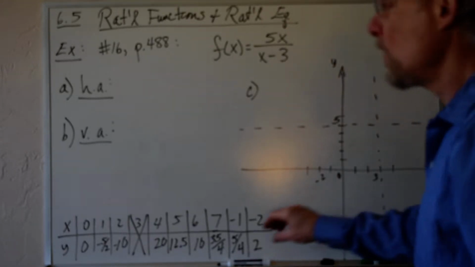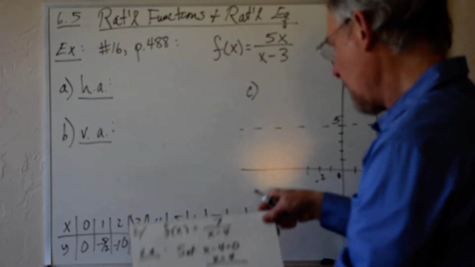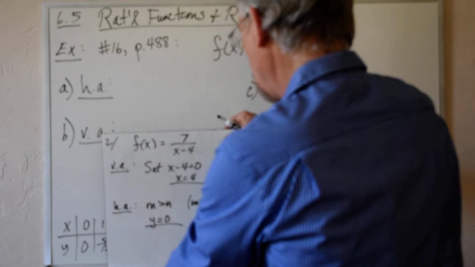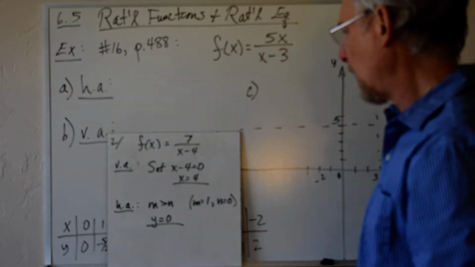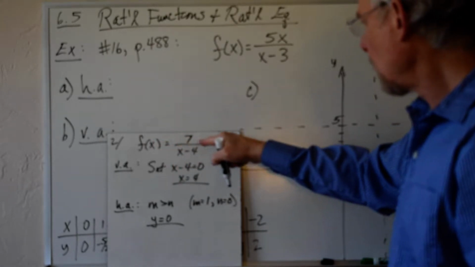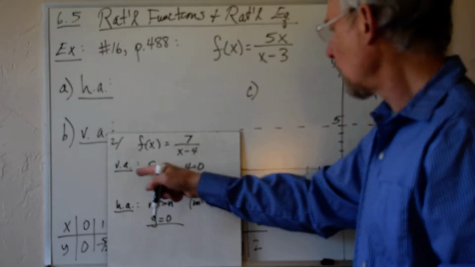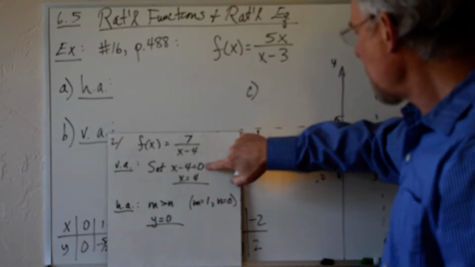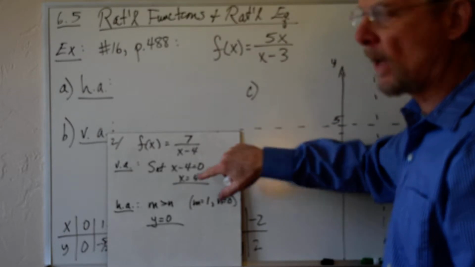All right, let's see how you made out with number 2. In number 2, we're asked to find any vertical asymptotes and horizontal asymptotes. So the function is f of x equals 7 divided by x minus 4. To get the vertical asymptote, set the denominator equal to 0, and we see that x equals 4 is your